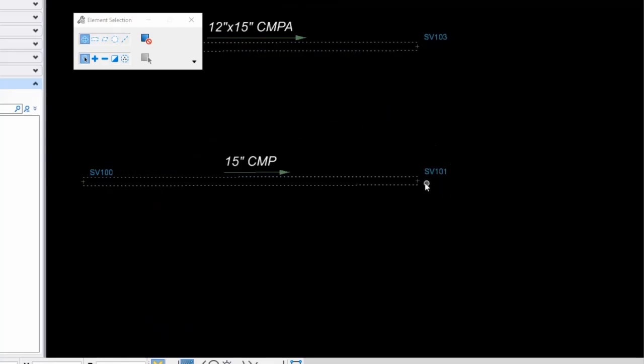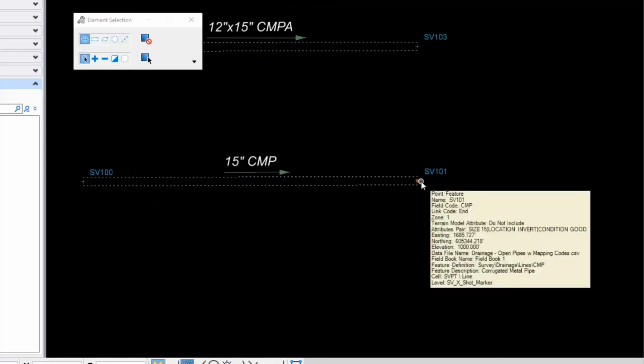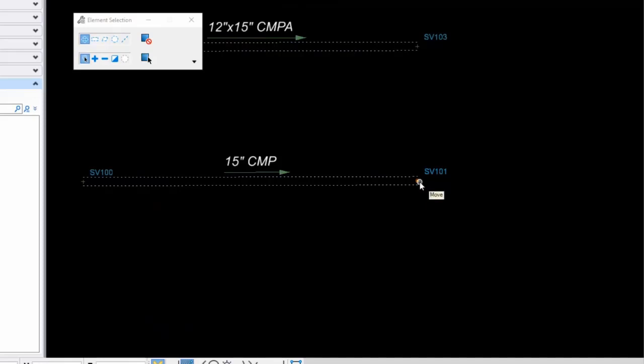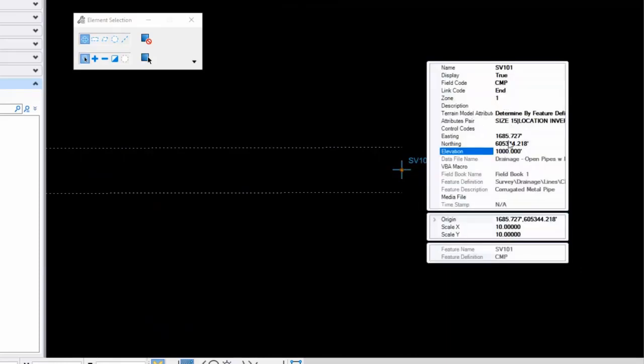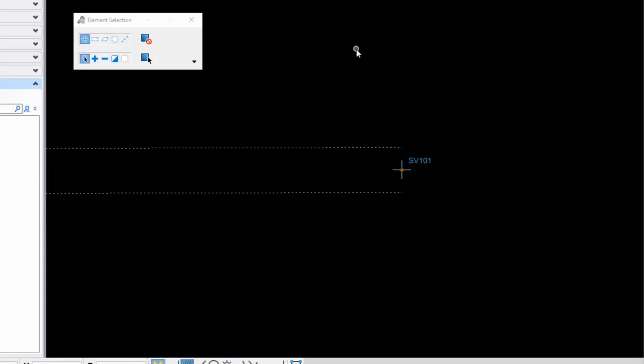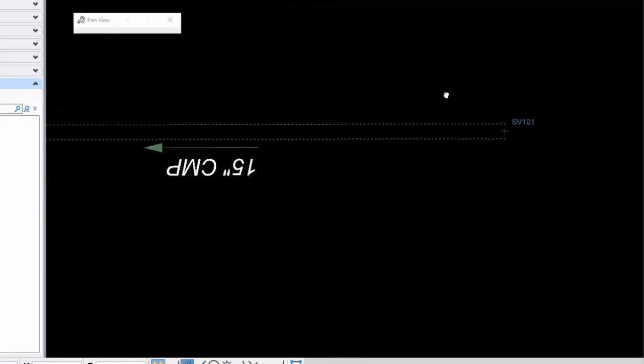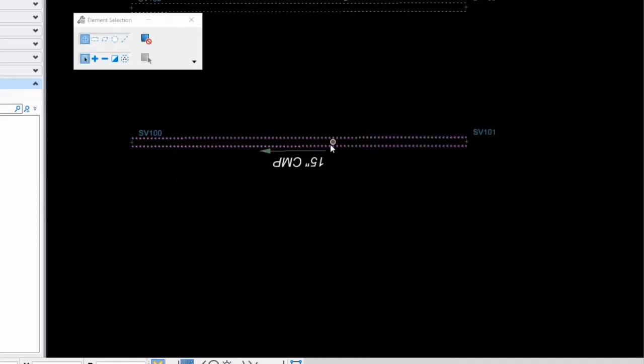And another type of edit you may do, this is probably more of a real world example, maybe you need just to go in and change the elevation on this. So I'm going to go to the properties for that particular point. And I'm going to make this the higher of the two. So I'm just going to change that to 1002. And it's reprocessed that since a change was made. And you can see now my annotation is pointing in the other direction and the label's flipped.